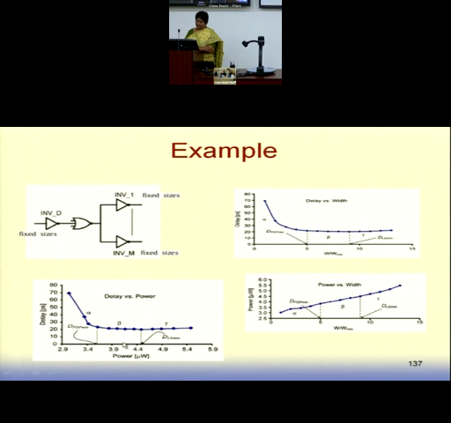What do these points indicate? D_LE minimum, PDP minimum. This is logical effort based, so you will get a minimum delay. Somewhere here you will get a minimum delay, then the delay will start increasing. It is coming down, this is the minimum delay you are getting based on the logical effort model, and then delay is increasing. So this is the logical effort minimum, the minimum delay you will get through the logical effort based model.